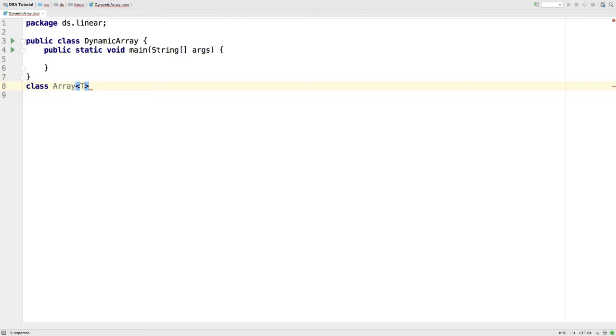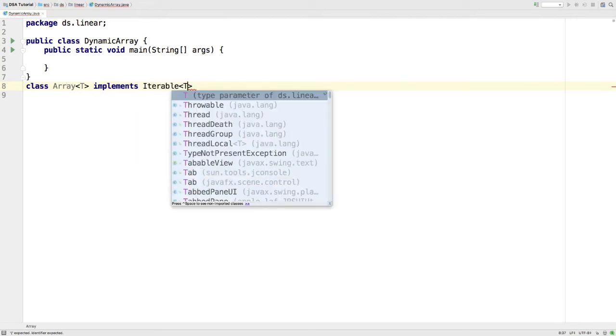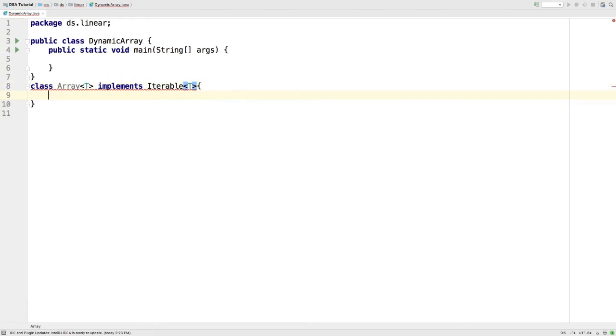Now arrays are iterables, so we will implement the Iterable interface. As I told you, I'll be using a static array for the implementation of the dynamic array.